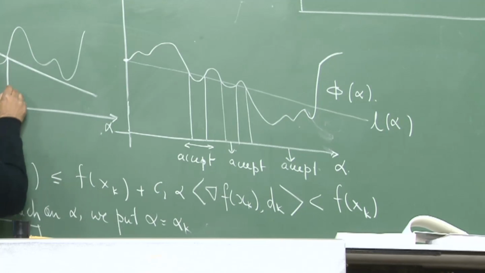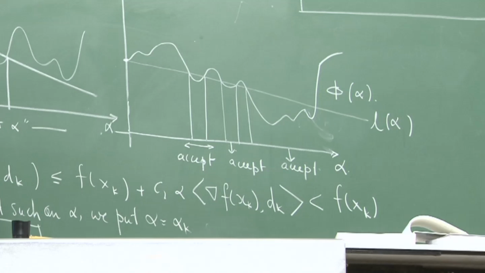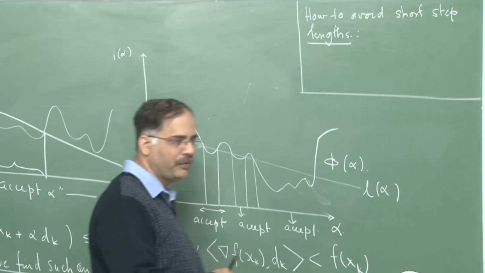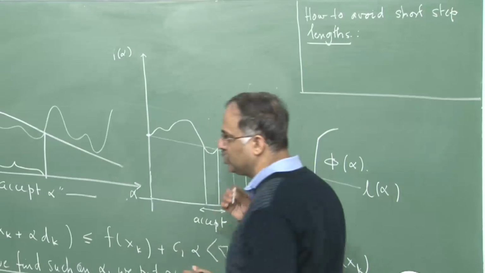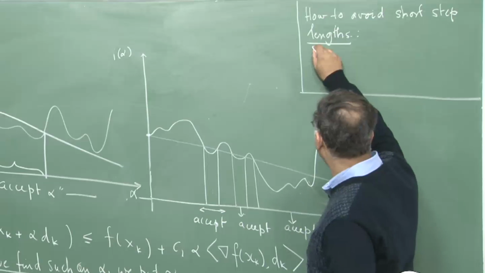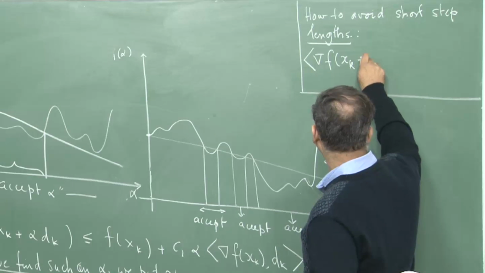You see this is my acceptable zone, accept alpha zone. Now, here I could choose an alpha which is very, very small. So, I have not moved sufficiently off from x k. In order to avoid that, I need to have the curvature condition which tells me that too short step lengths cannot be taken,